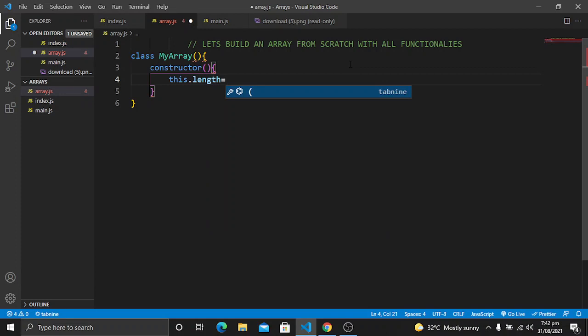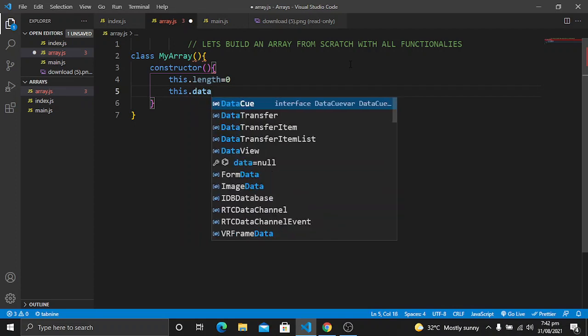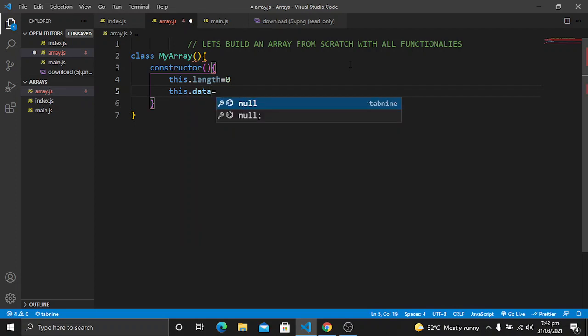The length of the array we will set to 0. And then we will also set this.data to an empty object. This empty object will contain all of the data in the array, and this length property will track the indexes of an array, for example, how many indexes there are in the array. So something like this.